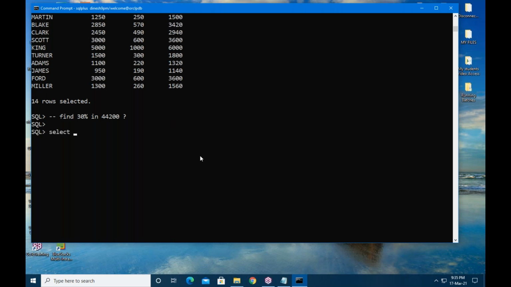Select 0.3 into 44,200 from dual. Yes. 30% of your value is 13,260.